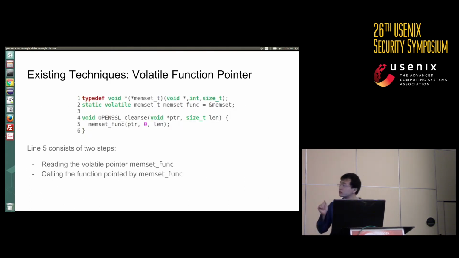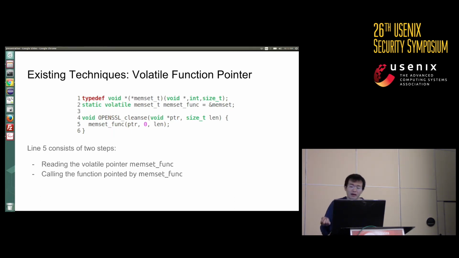So let's go back to OpenSSL cleanse. The volatile function pointer is used on line 5, which actually consists of 2 steps. First, reading the volatile function pointer. Second, calling the function pointed to by this function pointer. The first step, reading a volatile object, is widely considered a volatile access. But calling a function pointed to by a volatile function pointer may not be considered one by